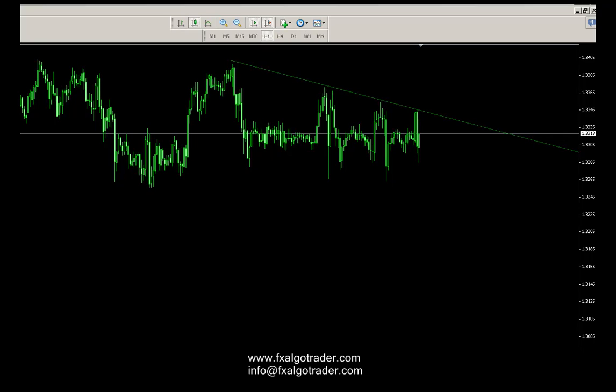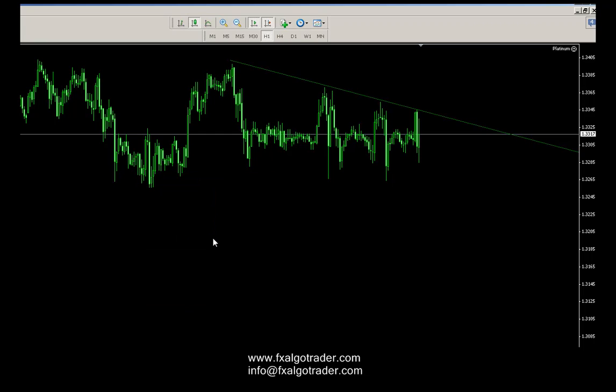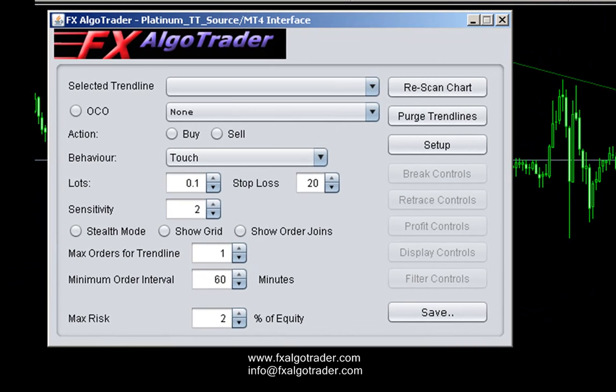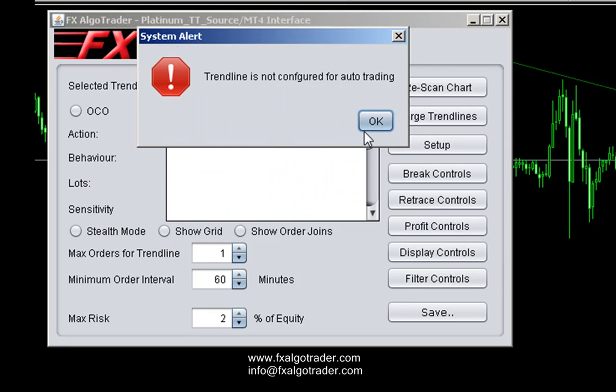First thing to do is load the Platinum interface onto the system, and that will also activate our Java graphical user interface, which you can see just popping up here. When I click Platinum, the interface pops up. If I hover over this trend line here, I can see the trend line number is 63055. So if I click my selected trend line here, the system warns me that the trend line is not